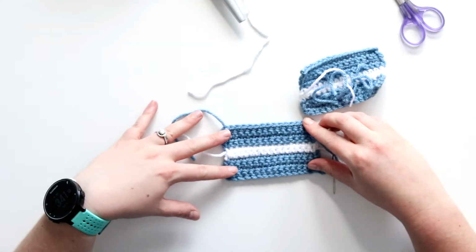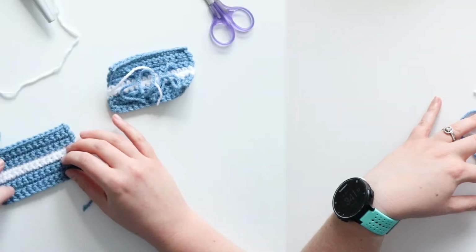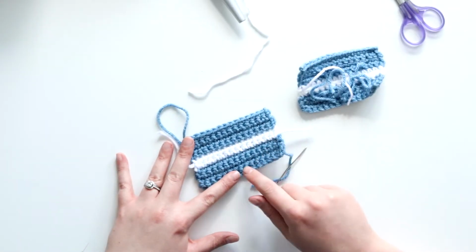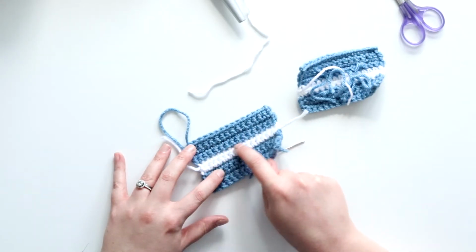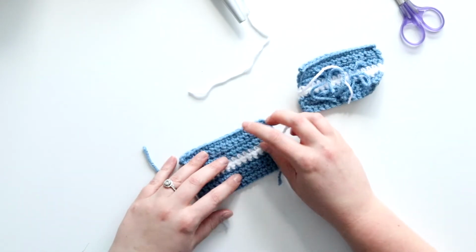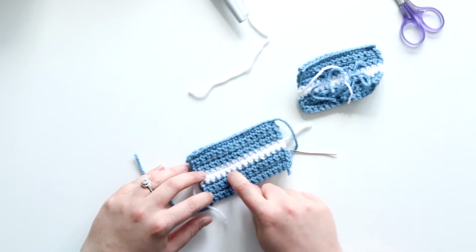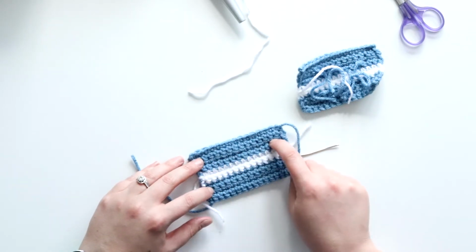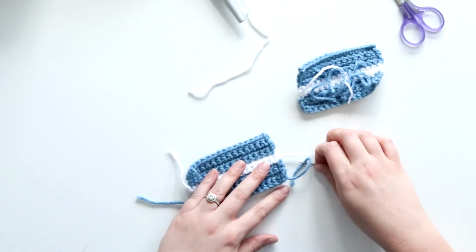So your right side will have groups of 2 rows. Since we have 10 rows in our project, we should have 5 sections on the right side. So 1, 2, 3, 4, 5. And they're separated by these little divots or valleys. On the wrong side, there's more sections. So there's a section here and a section here. There's one running through the white part. There's another one here, and it's just not as evenly put together,